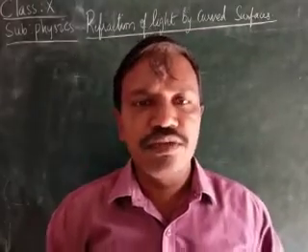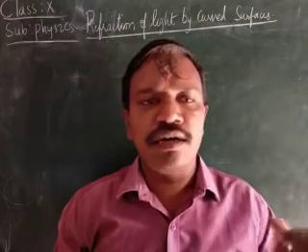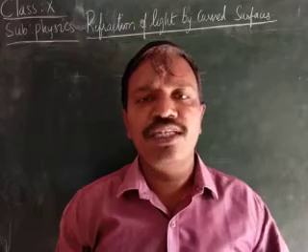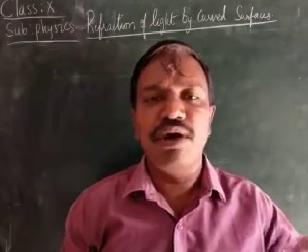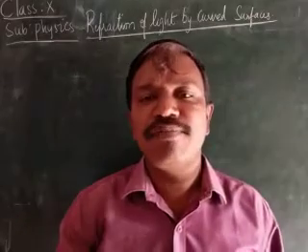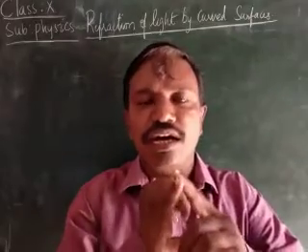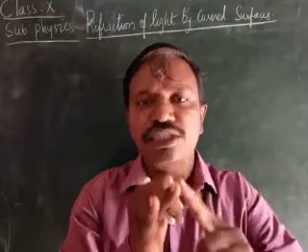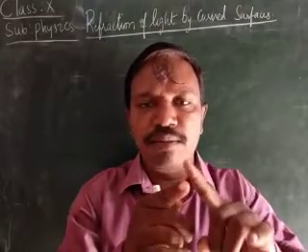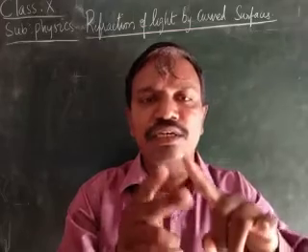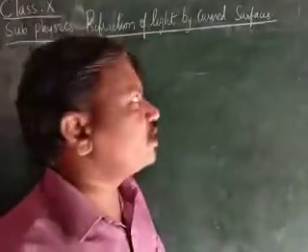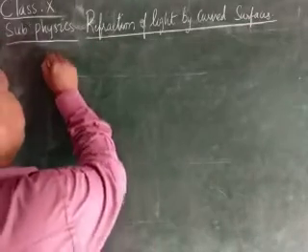Okay, children. In the last class we already learned how to draw the ray diagram when the object is placed at infinity as well as beyond C. When the object is placed at infinity, the image is formed at F. It forms a real, inverted and diminished image. In the same way, when the object is beyond C, the image formed is a real, inverted, diminished image. Now today we will be learning about the ray diagram